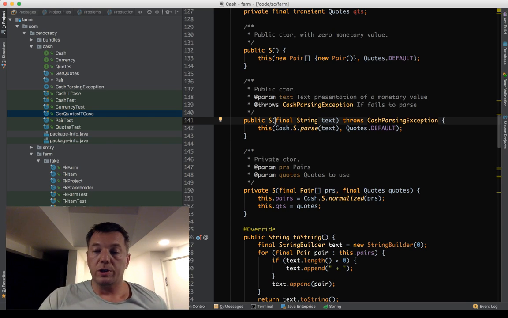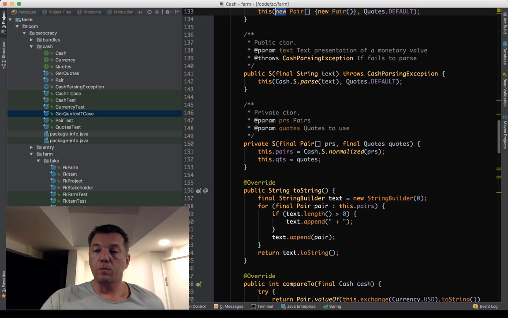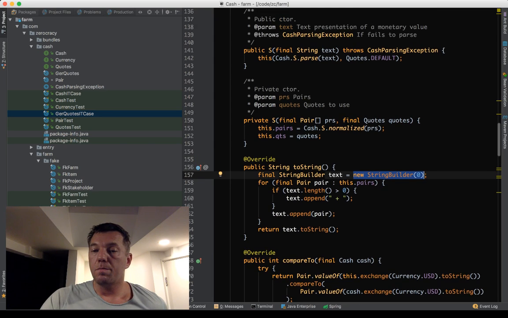So what I was saying is that operator new has a very legal place inside secondary constructors, but not inside the methods. So here, for example, if I were interested in getting rid of this dependency, then I would need to encapsulate it and then move it to the secondary constructor.